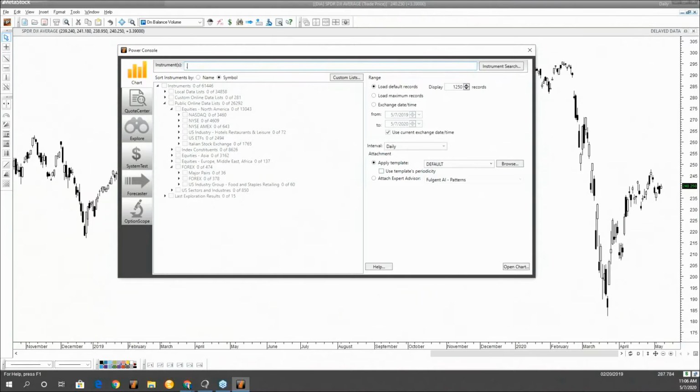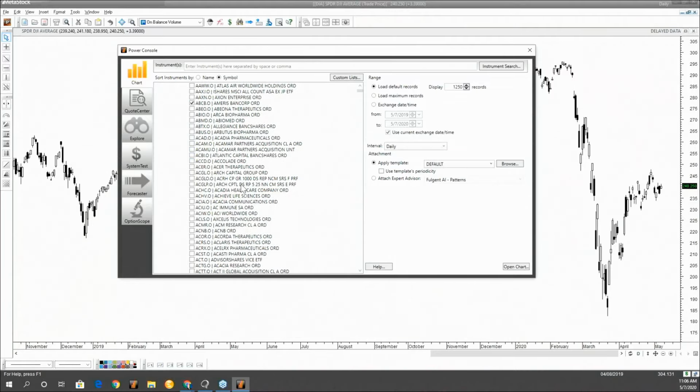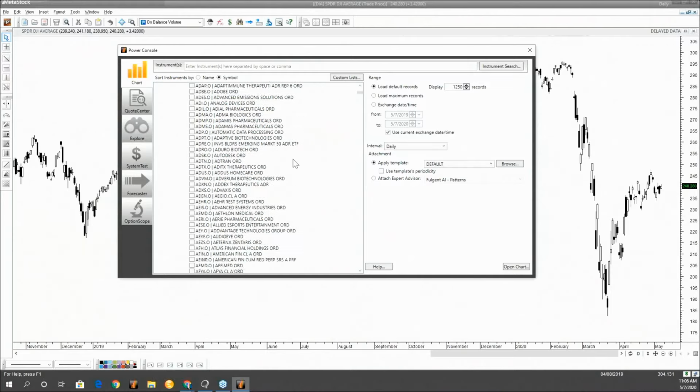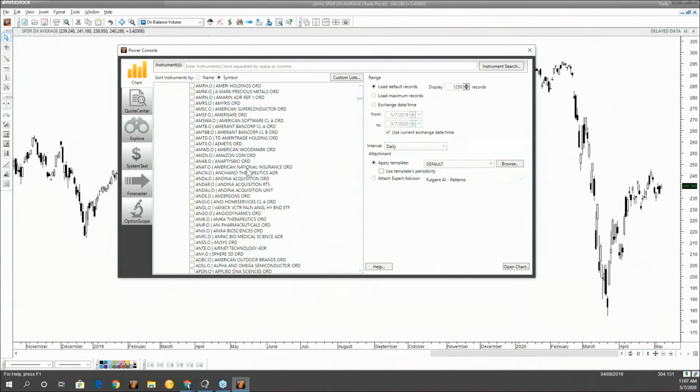You can either just type them in up here, or I can come down here in the different lists where it says public online data and expand these lists out and check the boxes of which ones I want to open. Let me go through that part instead of typing it in so you can see what I mean. So if you want to open up, let's say Ameris Bancorp, and Corda, I'm just going to go down the list. You can shorten this list very easily, but I'm just going to grab a couple so you can see how it works. So that's one way we can open up charts. We'll just click Open Chart.